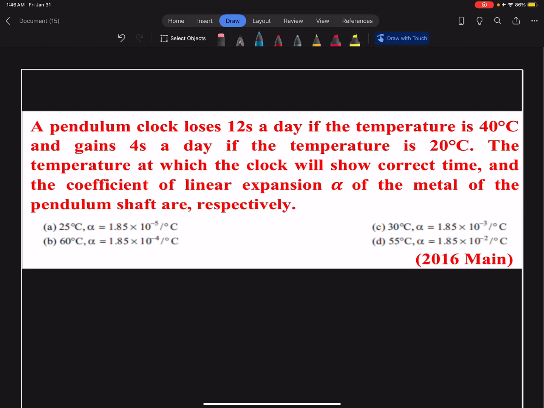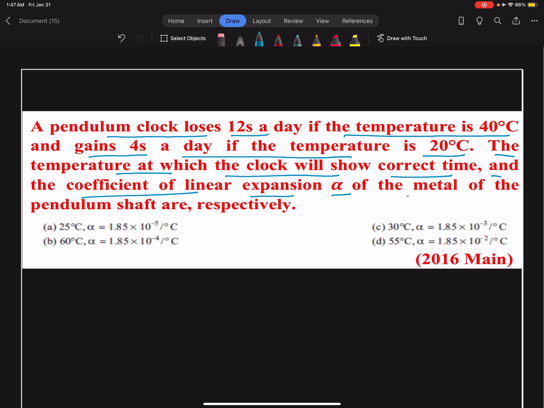Hello friends, today's question. A pendulum clock loses 12 seconds a day if the temperature is 40 degrees centigrade and gains 4 seconds a day if the temperature is 20 degrees centigrade. The temperature at which the clock will show correct time and the coefficient of linear expansion alpha of the metal of the pendulum shaft are respectively. So in this particular question,